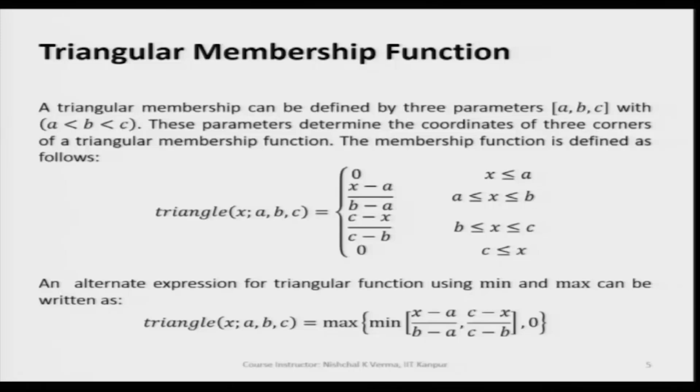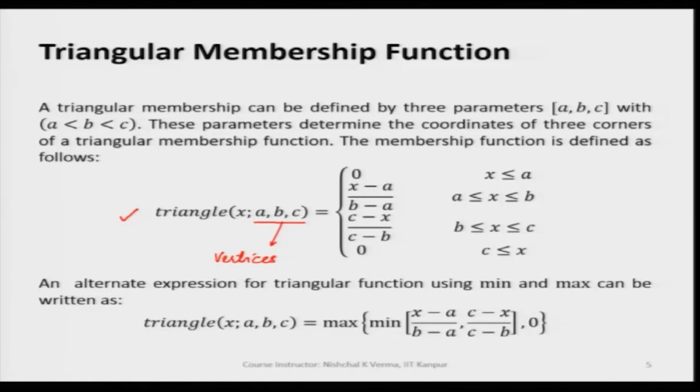So, if we take up first the triangular membership function, we define this fuzzy membership function by this syntax. The syntax here is triangle, and then in the bracket x semicolon a b c, and these three, a b c, are the vertices of a triangle,